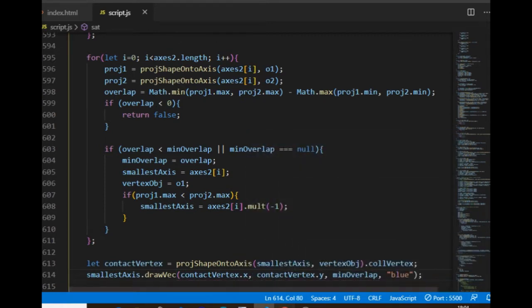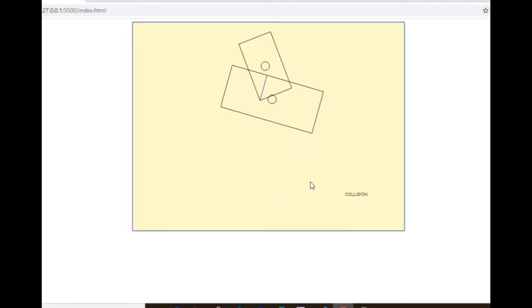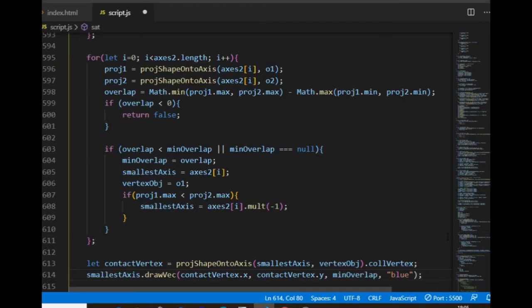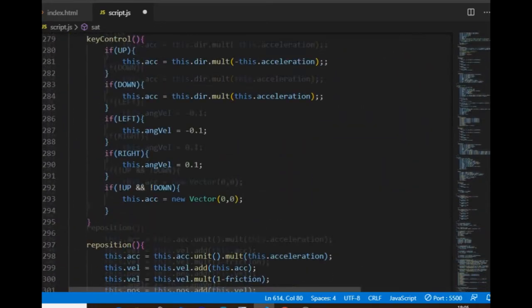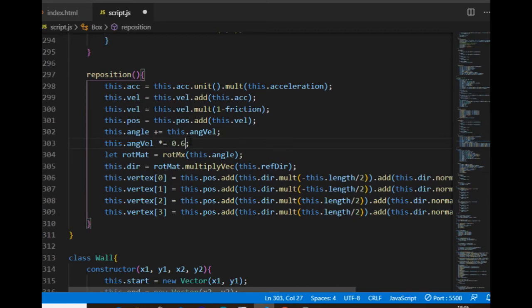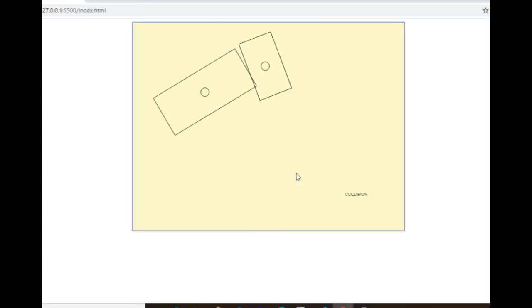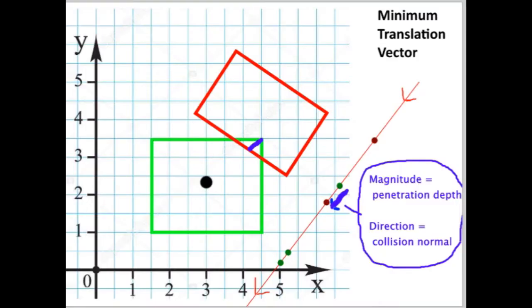And if I want to check how it's working, then I can see that, okay, I changed the angular friction for the box class so that I can control it easier. Set it to 0.6 instead. And what I can see is that if I go too far with the box into the other one, then the vector won't be accurate. And that happens because of the so-called containment issue.